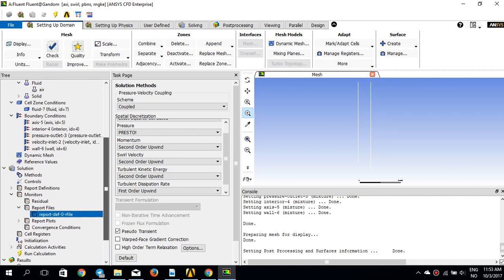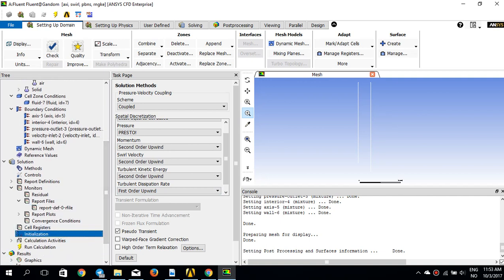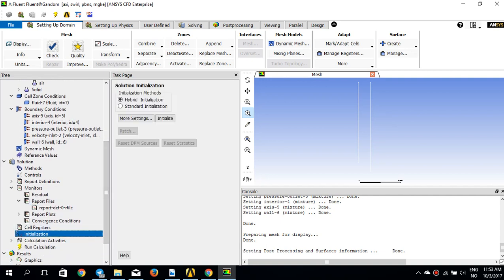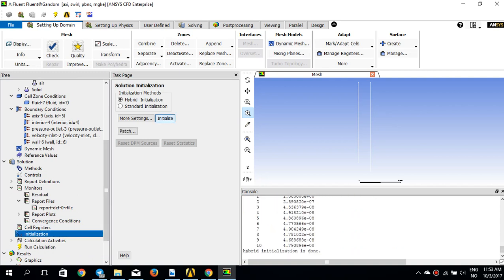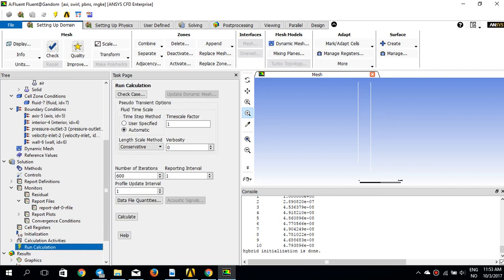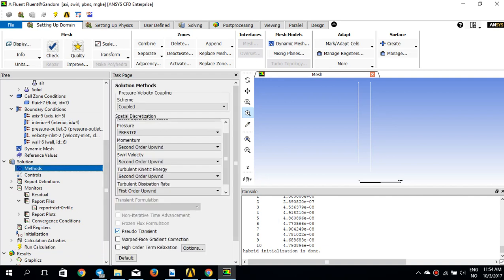So I would just initialize the solution with the hybrid initialization, which was quite fast, and then I would like to run the calculation for something like 600 iterations, but before that I have to say that I have used this pseudo